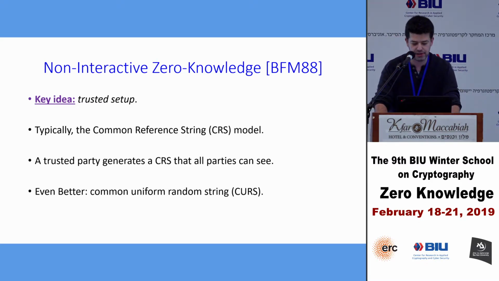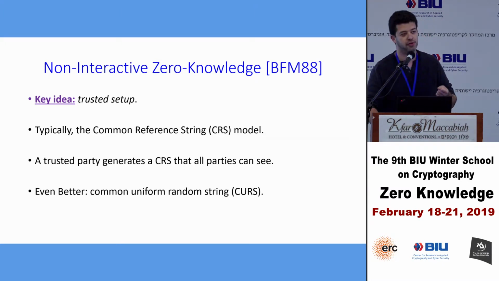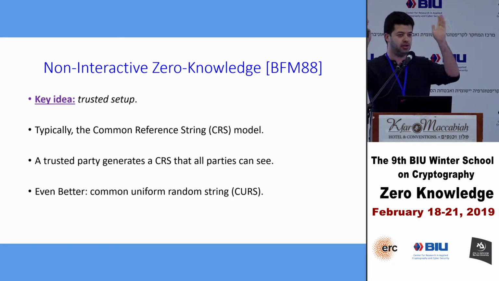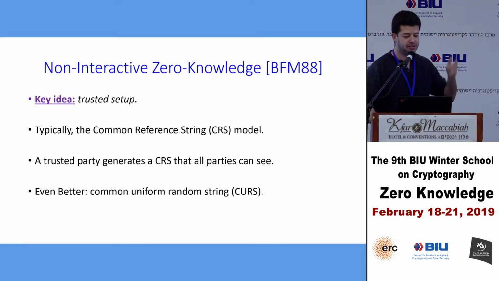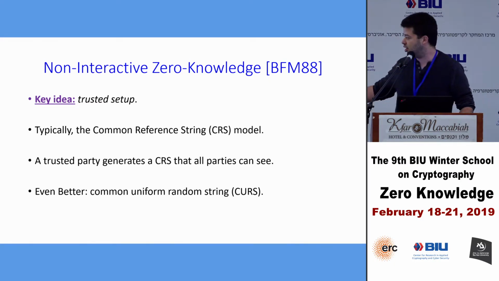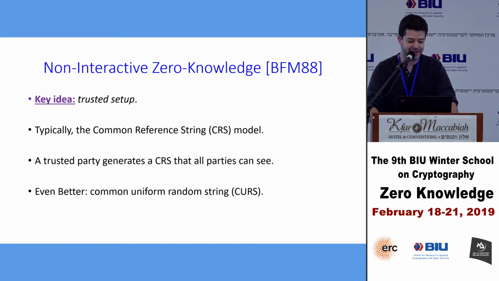As a matter of fact, it is even preferable and sometimes possible for this common reference string to simply be a sequence of uniformly random bits. This is sometimes called the common random string. It's really confusing because common reference string and common random string have the same acronym. So for this talk, let me propose that in general, we call it a common uniform random string, or a CURS, in case the random string is really uniform.